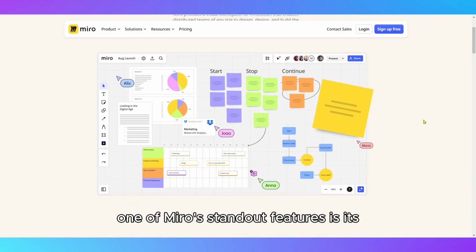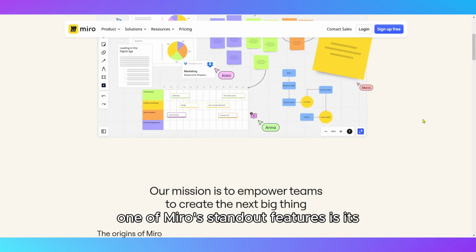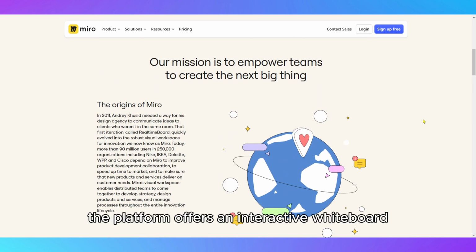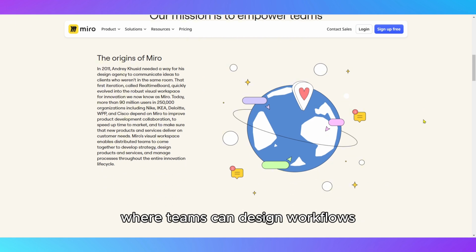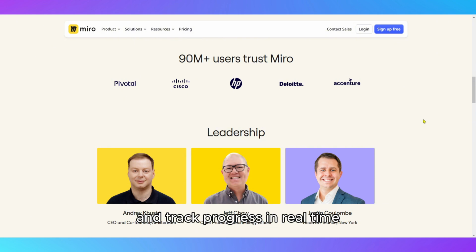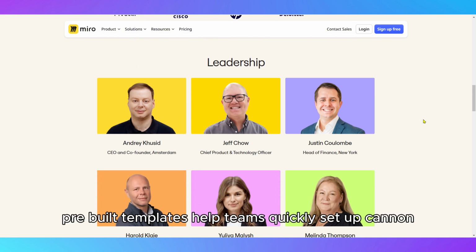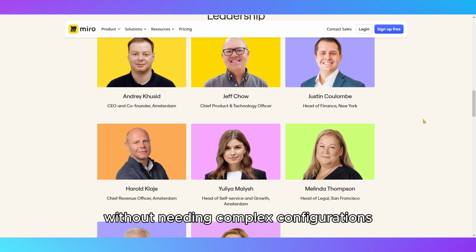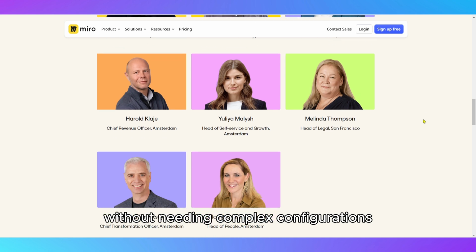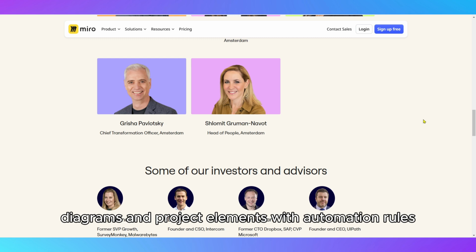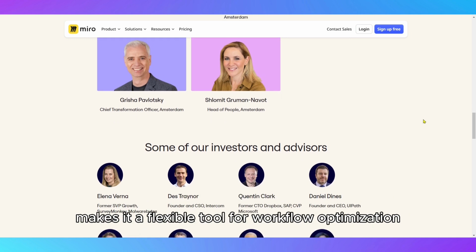efficiency. One of Miro's standout features is its visual workflow automation. The platform offers an interactive whiteboard where teams can design workflows, automate repetitive tasks, and track progress in real time. Miro's pre-built templates help teams quickly set up Kanban boards, mind maps, and flowcharts to automate business processes without needing complex configurations. The ability to connect sticky notes, diagrams, and project elements with automation rules makes it a flexible tool